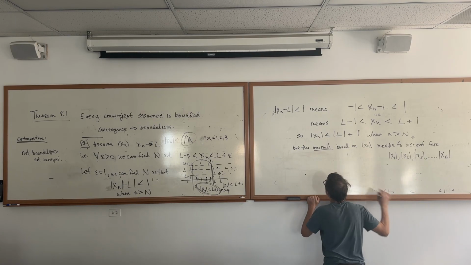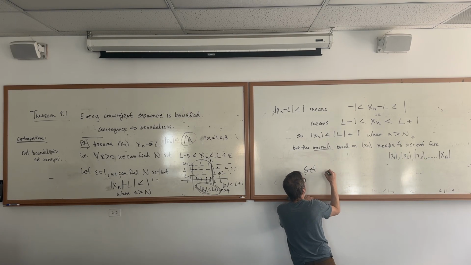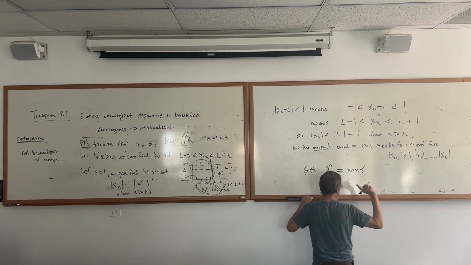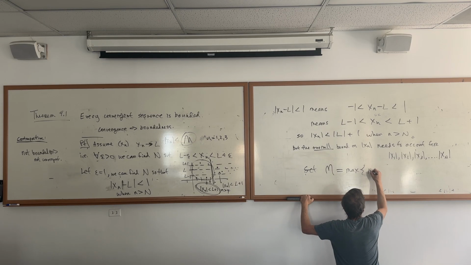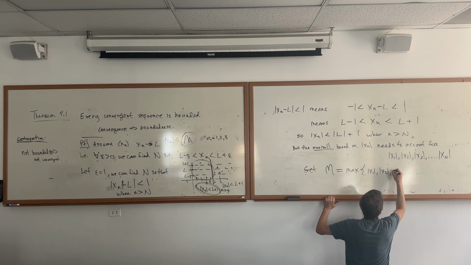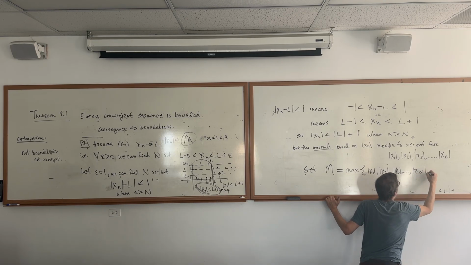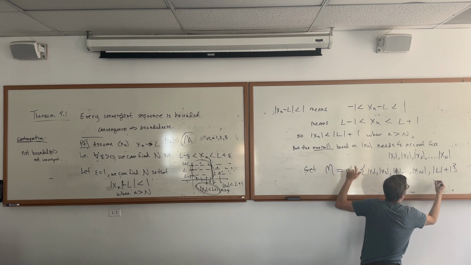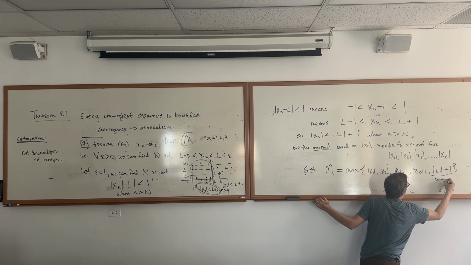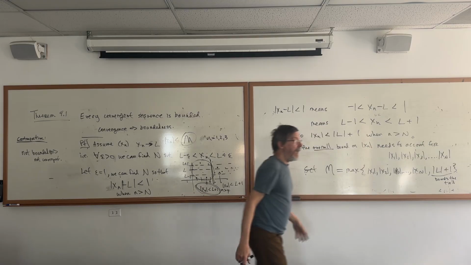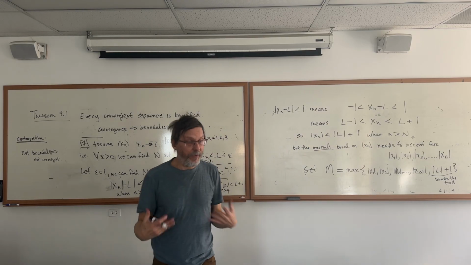So here's what we're going to do. We're just going to set our max, our bound M, to be the maximum of these guys, so pick, if maybe one of those is bigger, who knows? X3 up through X sub N, and then comma, absolute value of L plus 1. So remember, this bounds the tail. And if we do it this way, now we've constructed